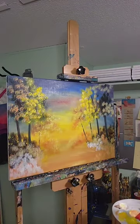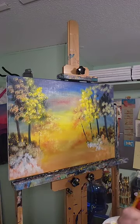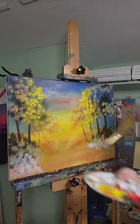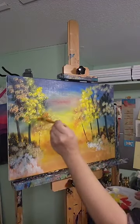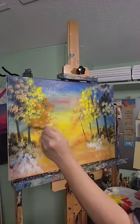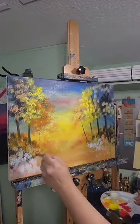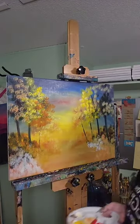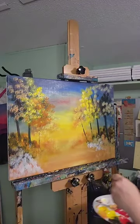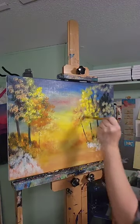Small amount of red. You don't need a lot of red at all. Okay, yellow and red, small amount of red. Got myself a nice orange. I'm going to put in some orange. I keep forgetting to do my foliage on the bottom. Why are you guys not reminding me to do my foliage that's on the bottom? Just yellow and red, no whites this time, because we already put in